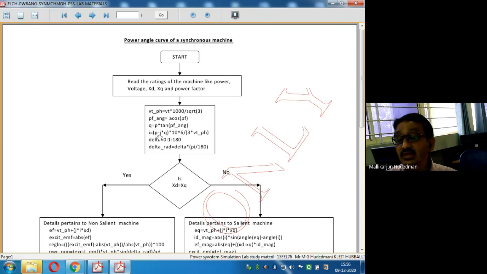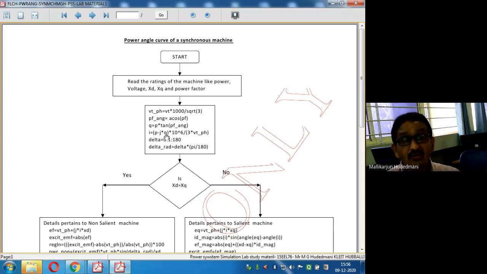To get this P and Q, P is given in the problem, Q must be given in the problem. But for me, what is given is MVA. MVA refers to a power triangle. Imagine a power triangle, a right angle triangle. Hypotenuse is MVA. Adjacent side, if I imagine a horizontal side, is MW, and the vertical side is MVAR.